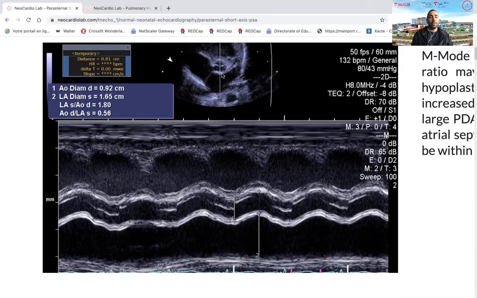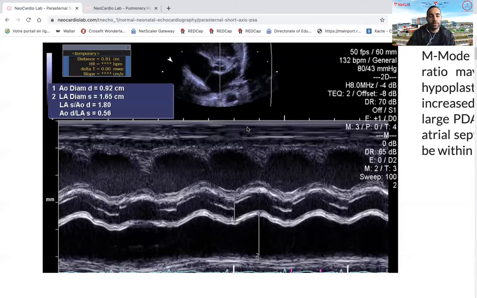But it also depends on whether there is a pop-off valve, such as the PFO, which would unload your left atrium, as well as the capacitance or the diastolic function of your left ventricle